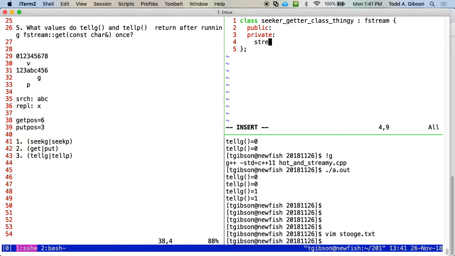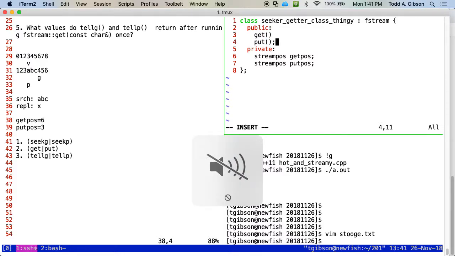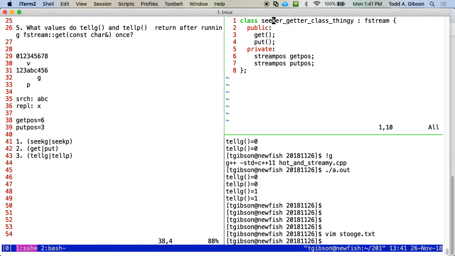So this ends up being, probably good to make the interface of these look the same.